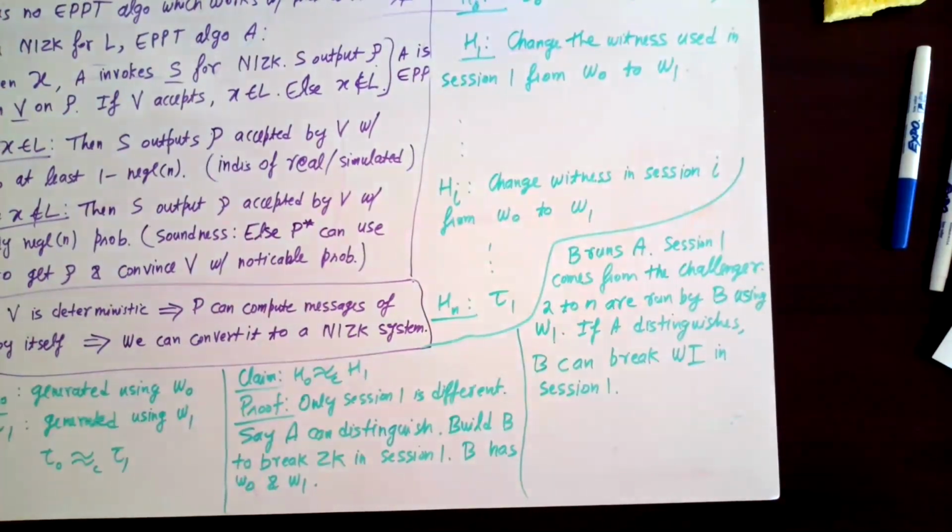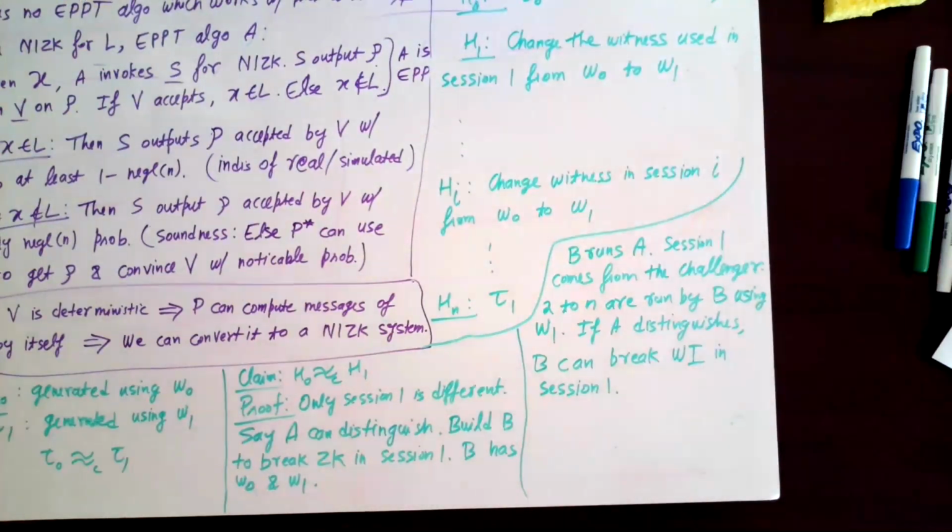Sir, but the verifier that A uses and the verifier B uses are different, right? B is using a single session verifier and constructing a transcript, combining n of those, right? But the verifier that A is using has all the n things together, and then it can maybe do things like see the first and the nth transcript together.